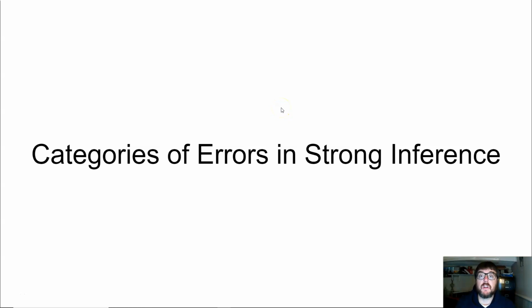Now that we've looked at strong inference, it's time to talk about an important set of terminology that goes with strong inference, which is how frequentist statisticians categorize error. When we talked about strong inference, you saw that we didn't actually have any data in the last lecture. You can break up all the different possible outcomes of a strong inference research project without having to actually collect any data. And it turns out there are two different ways that we could run into erroneous results when we use this process.